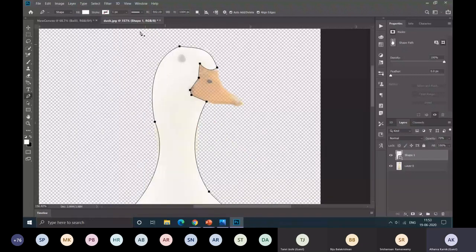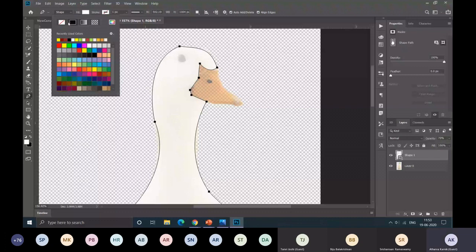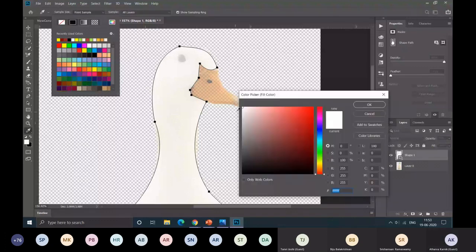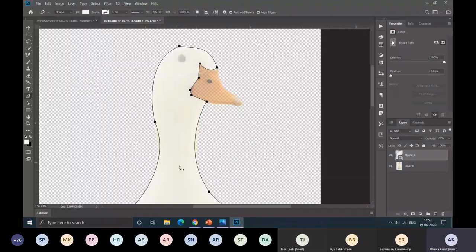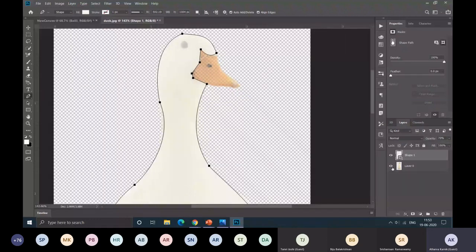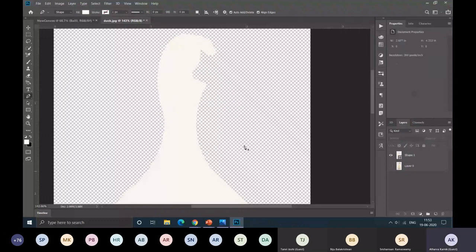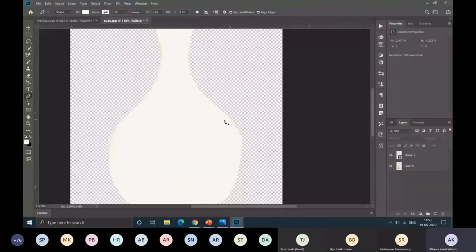As you can see, the color picker options, gradient, texture, and this is color picker. You can pick any color by clicking just here. Suppose this color is good. Okay. And this design can be seen. If you want to see this design, I'll just hide the duck and increase the opacity of our shape. The design can be seen. In this manner, you have to draw the legs and the beak of the duck.